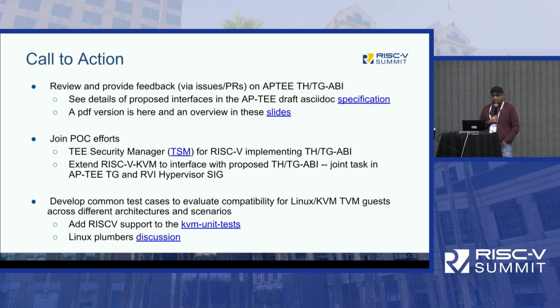And there are some common tests that we should be thinking about as we evaluate compatibility, because obviously KVM and Linux have some of these paths coded for other architectures, for Intel TDX, AMD SEV-SNP, and ARM CCA. We are proposing an analog. There are obviously architectural differences, but at the abstract ABI level, I think we can interface with a lot of the KVM flows that exist. But we need some RISC-V support in the KVM unit tests, which would help accelerate that compatibility testing.